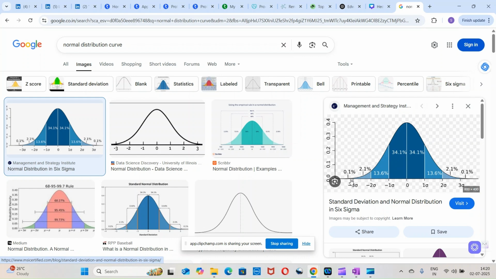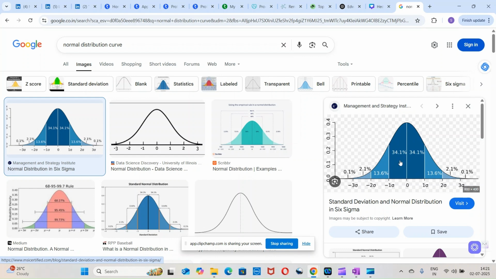If you pour balls, these balls will arrange themselves into this normal distribution, and even the heights of human beings, lifespans of human beings, everything falls into this normal distribution, right? And what this says is,